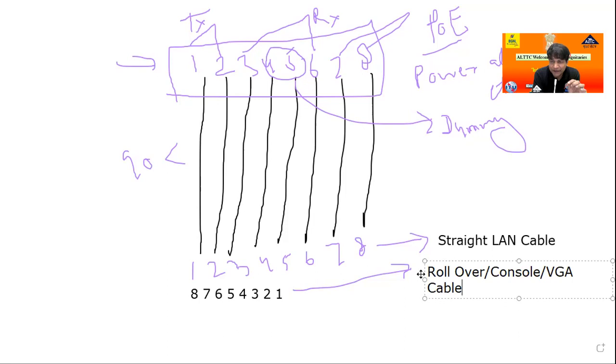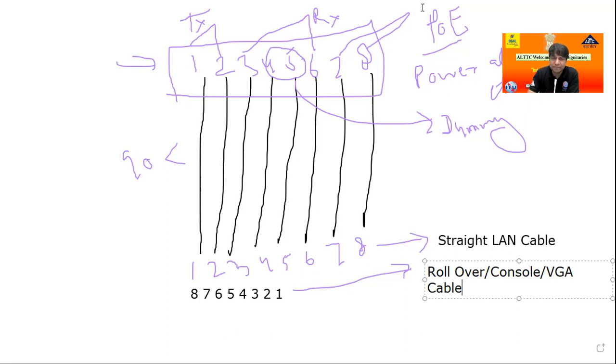Okay. Again, I repeat, in the normal computer at your home, if you have a laptop, there is no cable directly showing, but if you have a desktop computer, how do you connect your monitor to the CPU? This requires a VGA cable. So a VGA cable is nothing special. It is the same cable. All are LAN cable, but their connectors are different, so the names will be different.